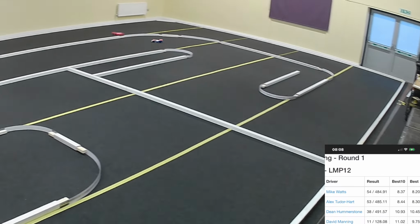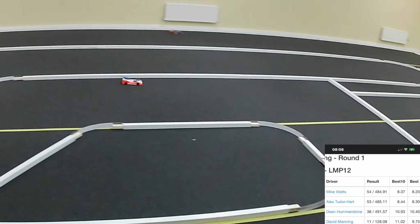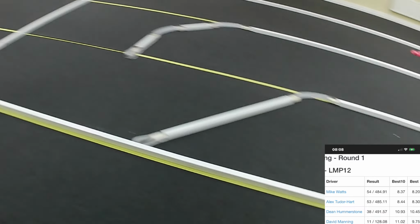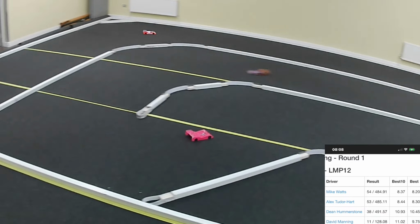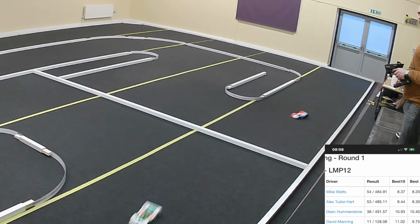So here we are, straight into it. This is my first time out in the car for a long time, round one. I've tried to include the times there that I was doing, so I'll just read those off straight away. So I'm miles off, but what I try to do is